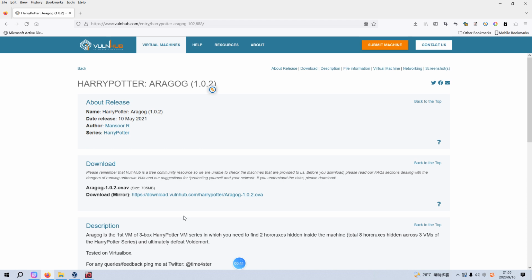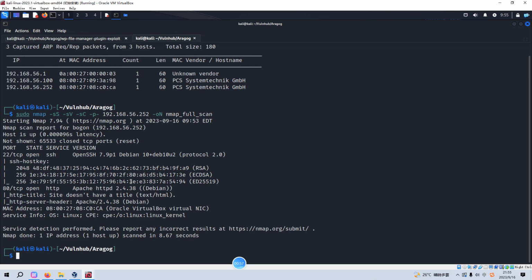To save time, I have already imported the virtual machine into the VirtualBox and configured its network adapter of this machine as host-only mode. So now we can go inside the Kali Linux. As you can see, I have already identified the IP address of the target as